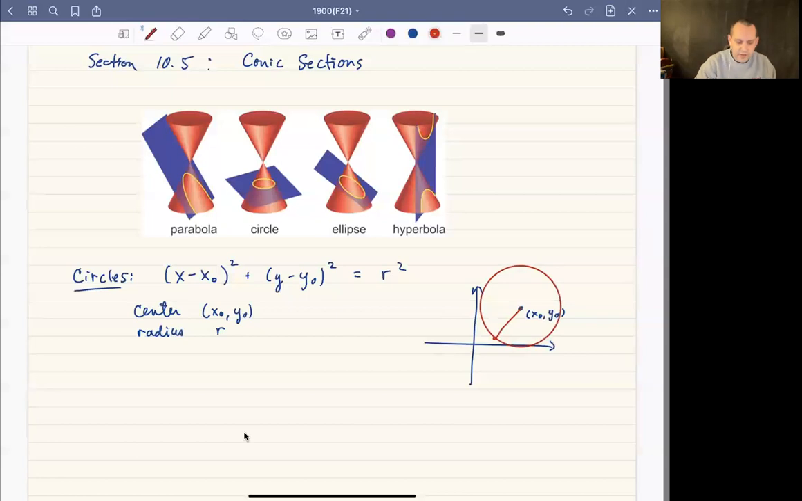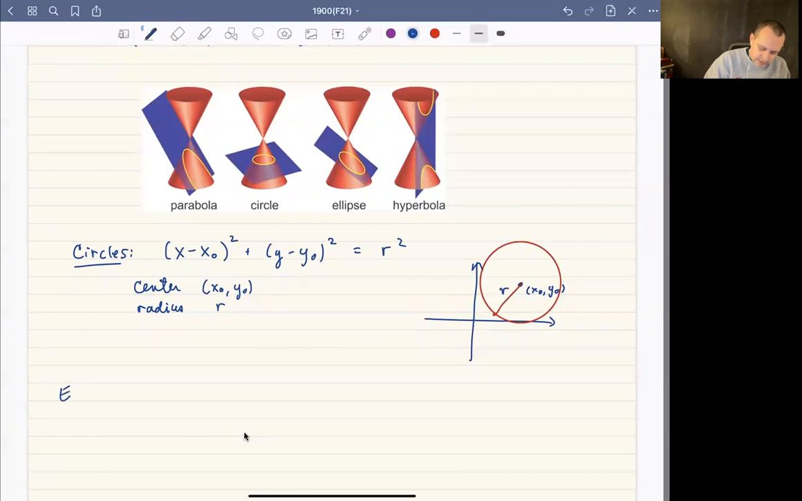And so this value here that we picked, the radius, is r. So it's all the points that are some common fixed distance away from the center. And that's really all there is to talk about with circles. I can't really think of anything else that I want to say there. The next